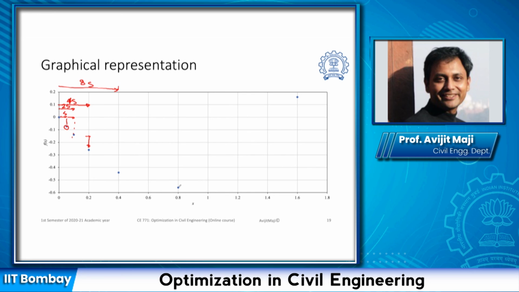Now from 16s it will be 32s, and my next point would be 1.6, and there the objective function value is actually increasing, and hence we are stopping here and we are finding out that the bracket or the optimum point is expected to lie somewhere between this 0.8 and